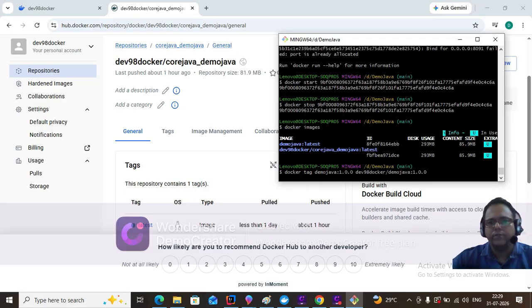1.0.0। एंड टैग जब हम करते हैं, टैग हमें करना पड़ता है पुश करने से पहले, क्योंकि जो हमारी इमेज है जिसको हम पुश करना चाहते हैं, वी हैव टू टैग दैट इमेज, बिकॉज टैग में आपको वर्जन बताना पड़ता है, बताना पड़ेगा कि लेटेस्ट है या फिर अगर आपके पास उस इमेज का कोई वर्जन है तो आप डाल सकते हो। ठीक है, तो टैग करना पड़ेगा अलोंग विद योर यूजर नेम। ठीक है, ये यूजर नेम है, तो अभी मैं कर देता हूँ